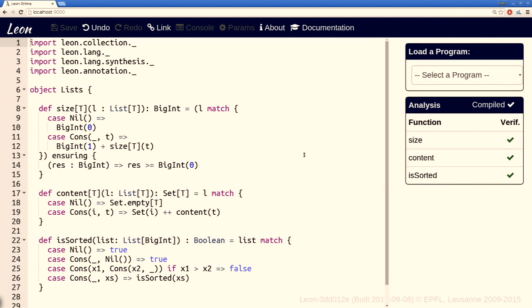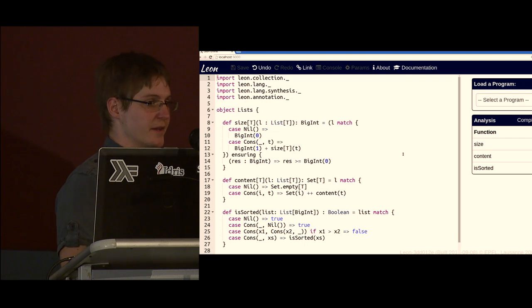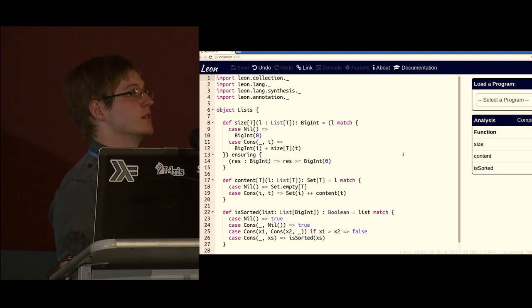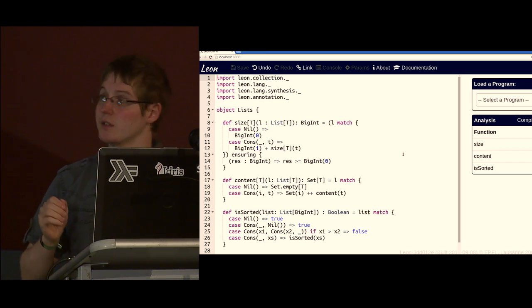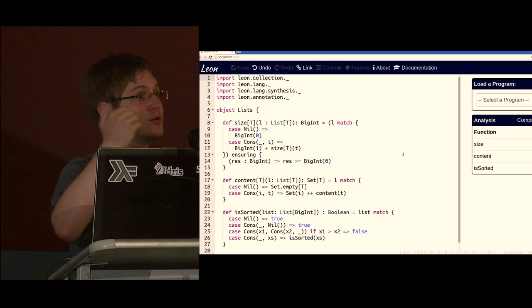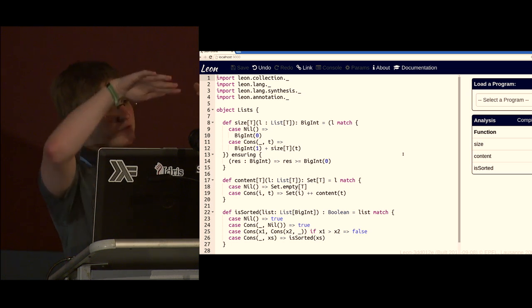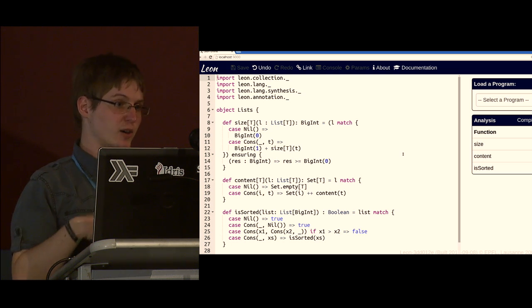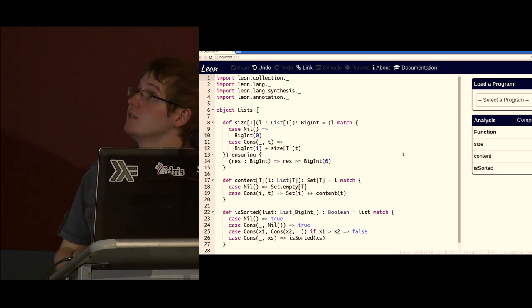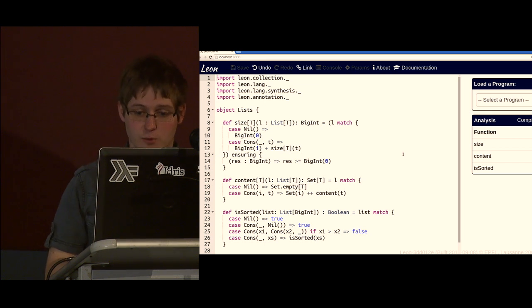Okay, so this is Scala code. Well, it's not quite Scala code, but it's similar enough. So what Leon essentially is, it's a verification system for Scala. It reads Scala code, looks for specific instructions in there, and then tries to prove the invariants in the program. It calls the Scala compiler up to the typing phase, and then instead of generating code, it just analyzes the code, transforms it into some intermediate representation, and tries to figure out what to do with that.